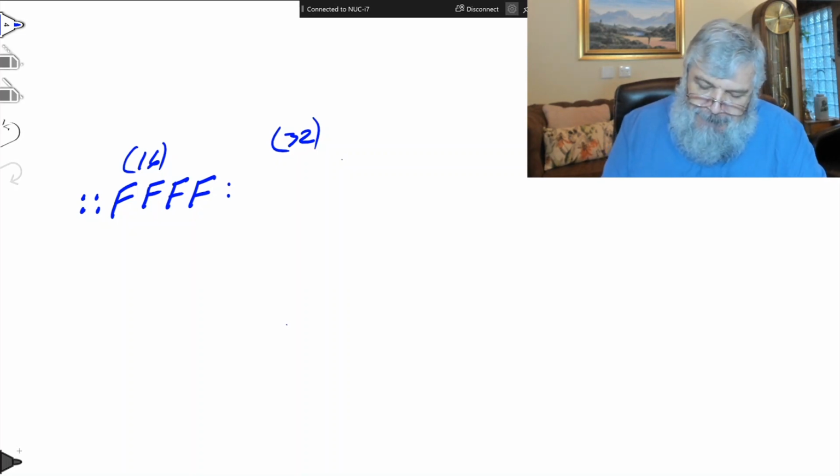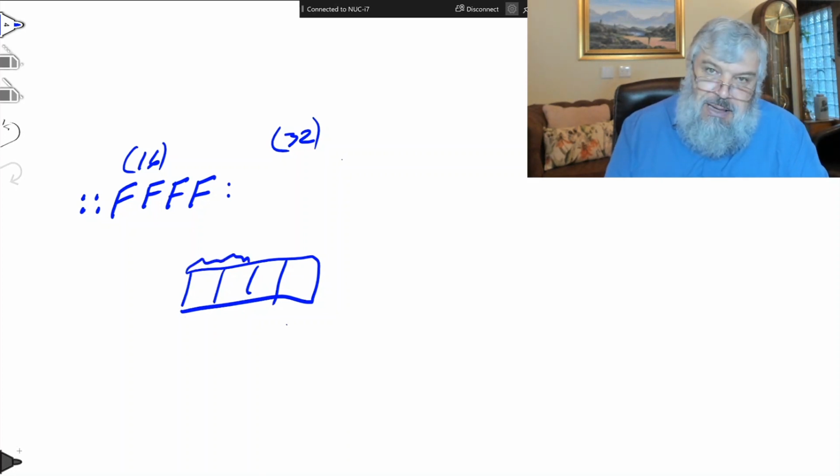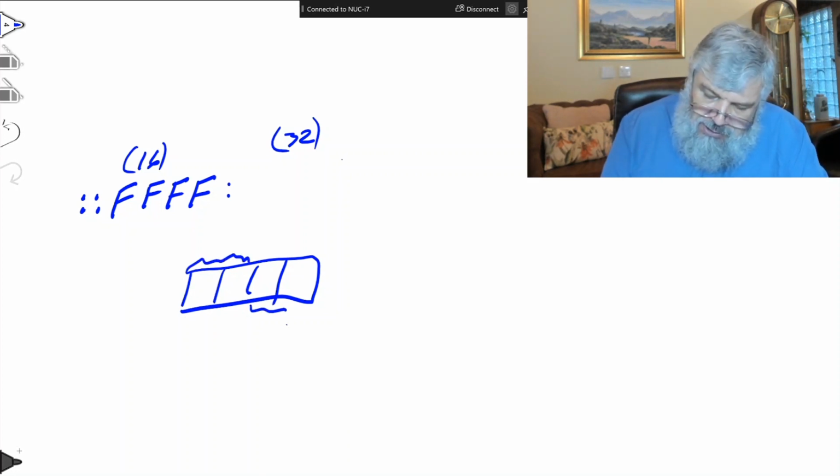Now, I guess one option would be to take my IP version 4 address, take the 4 bytes, and write those two in hexadecimal, and write those two in hexadecimal.